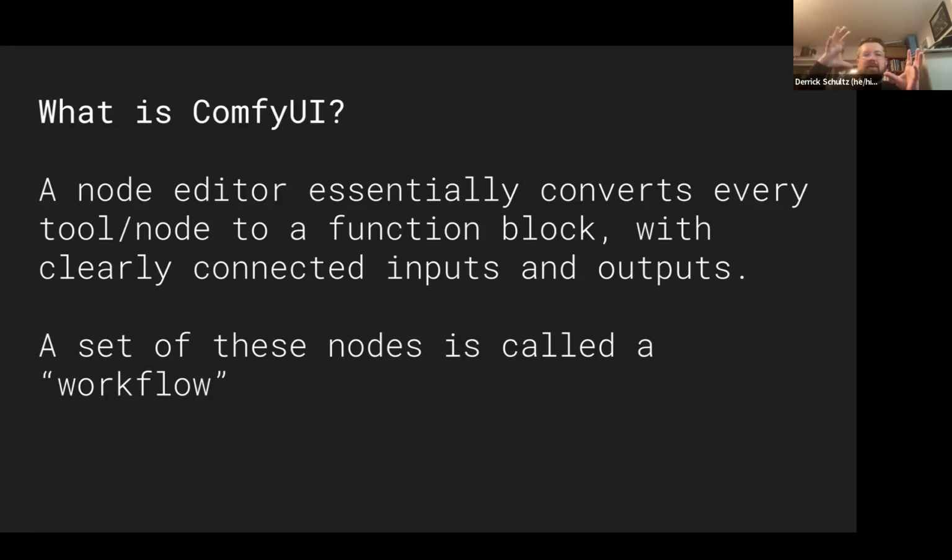When you put a bunch of these nodes together into a system, like say, I want to be able to prompt with a piece of text and get an image out, the whole chain of how that all works is what we call a workflow. And the other really cool thing about Comfy is those workflows can basically be saved to a file, and then you can share that with someone else and they can open it. They have to do some installation of third-party nodes or models and that sort of thing. But you can then easily integrate your own workflow using someone else's.